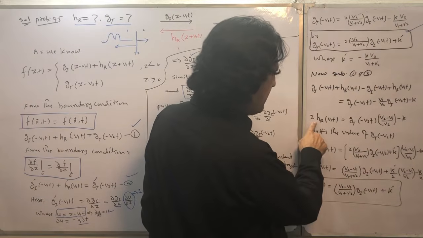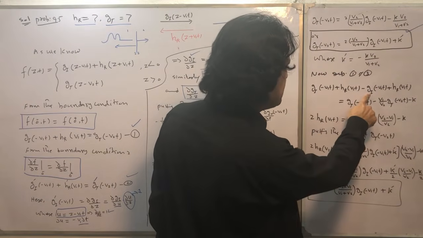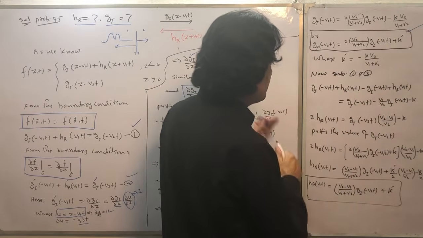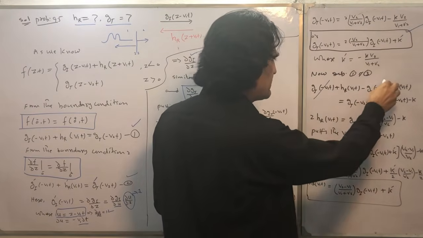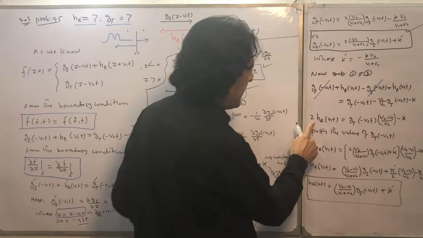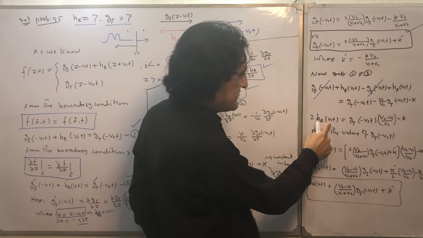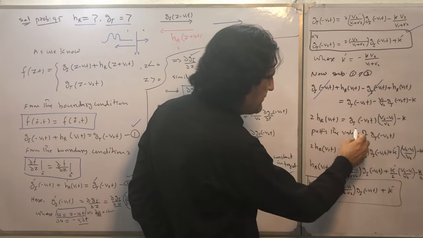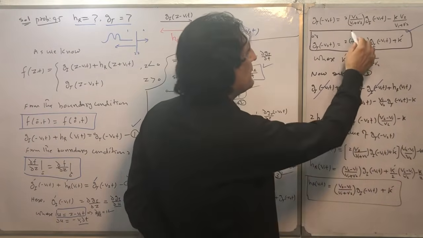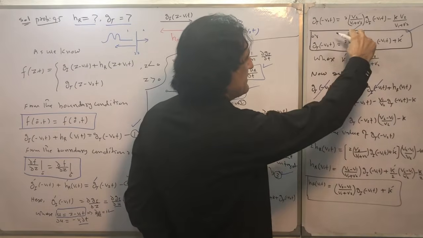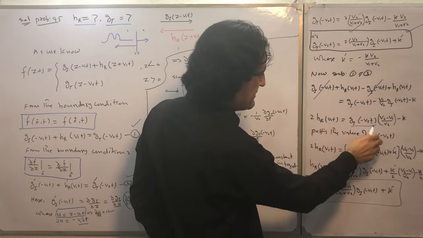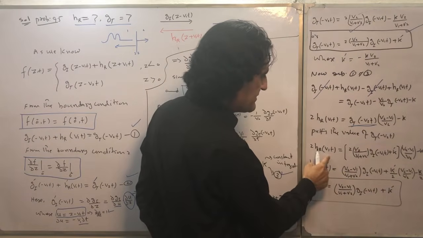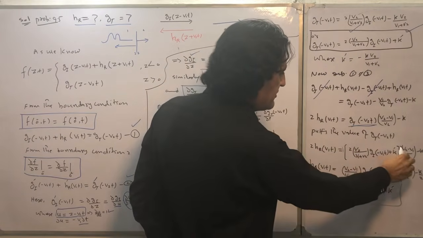Then we have Gi, this one and this one. So Gi this will cancel with this. Then we have 2 HR this, GT this. And we now know the value of GT, we have already found it. Putting this value here, this is very simple mathematics, and 2HR is equal to this value